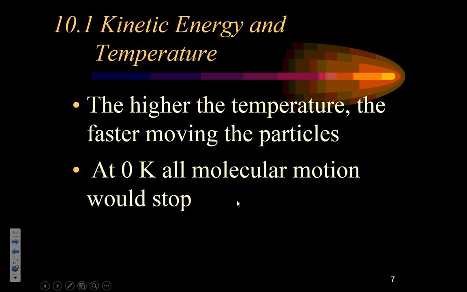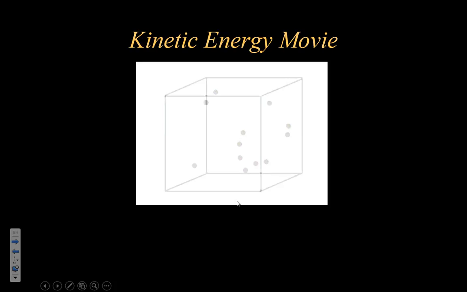Well, the only temperature scale that really is directly tied to the speed of motion would be the Kelvin scale, because at 0 Celsius and 0 Fahrenheit, we can still get colder. We can get below 0. But at 0 Kelvin, all molecular motion will have stopped. And that's a theoretical impossibility to reach. We can get very close to 0 Kelvin, but we can't actually make a particle freeze. So one of the things you should know for the test is all particles are in constant motion. Some are moving faster than others, but they're all in constant motion.